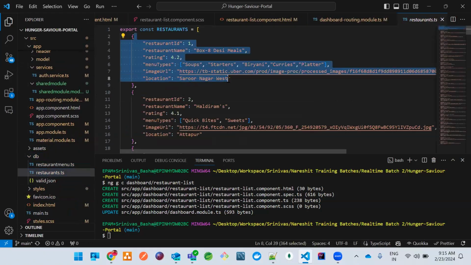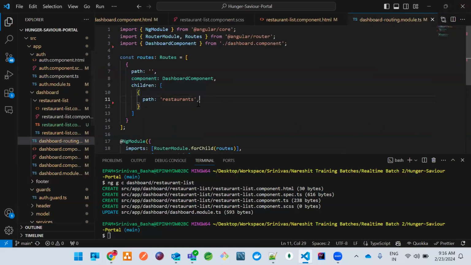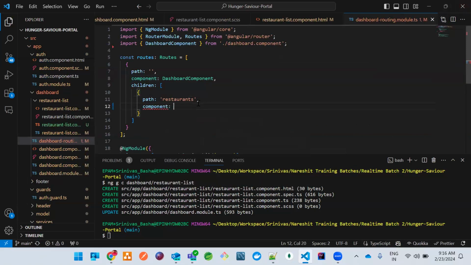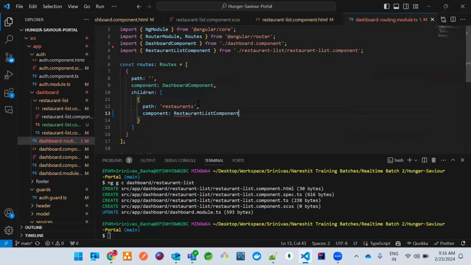This data we will be receiving from the backend later on, but not right now, so that you will understand how we can make the backend calls and get all these things. So let me do that for now. The path is restaurants, and the component will be the restaurant list component. That's it, and you don't have to do anything else. Now, if I go back and run ng serve,